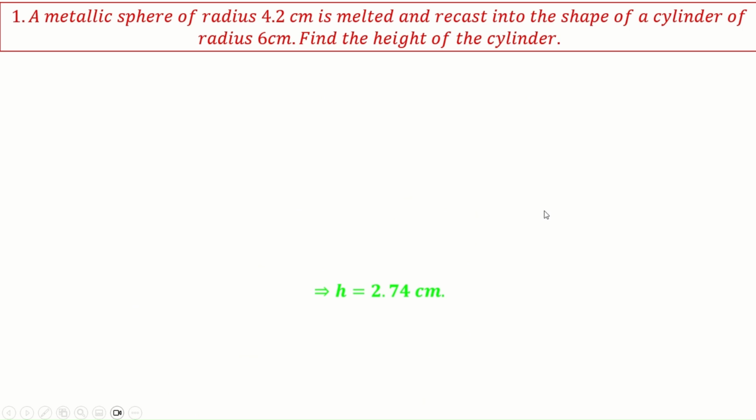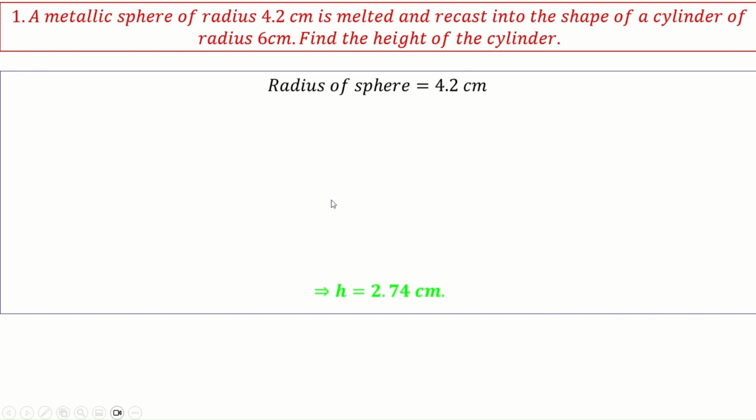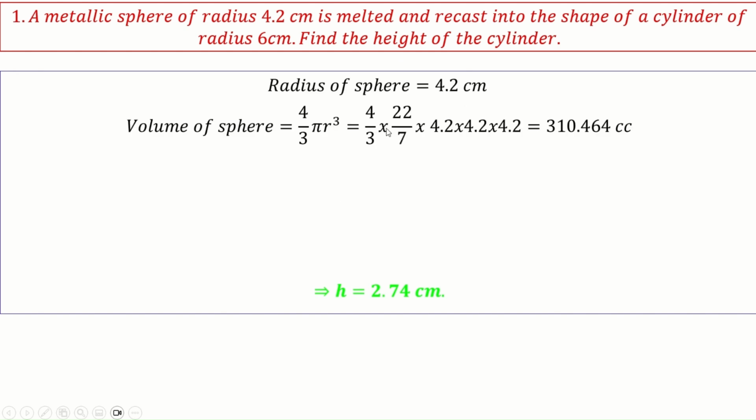Okay, a metallic sphere of radius 4.2 centimeters is melted and recast into the shape of a cylinder of radius 6 centimeters. Find the height of the cylinder. Okay, we have seen the example problem already. Radius of sphere is 4.2. Okay, volume of sphere is